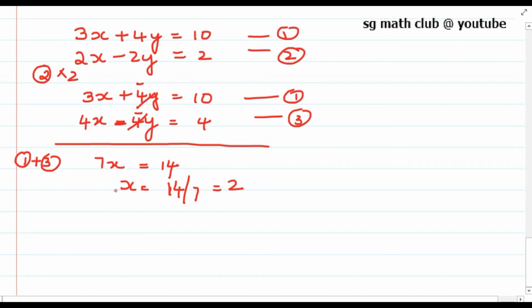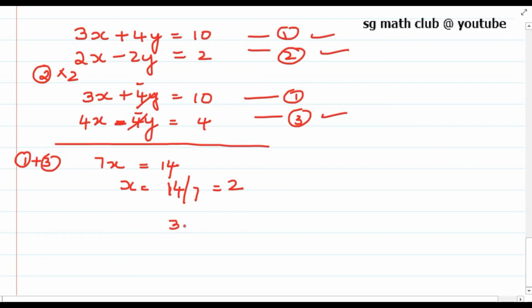So step number 3 is also over. We have framed the equation with only one unknown variable, that is x. Fourth step, we have solved that equation. So x is equal to 14 by 7, which is equal to 2. Now the last step, you have to substitute this value of x equal to 2 in any of these equations, either this or this or this. You will get the same answer.